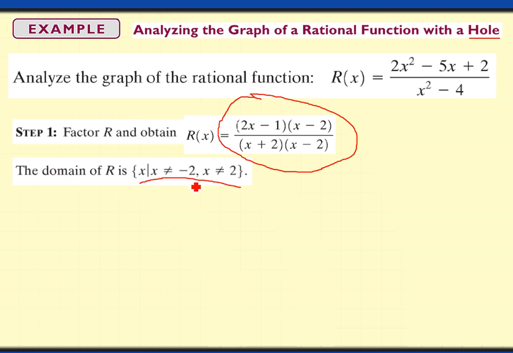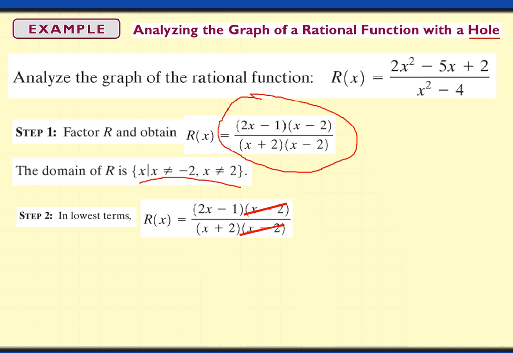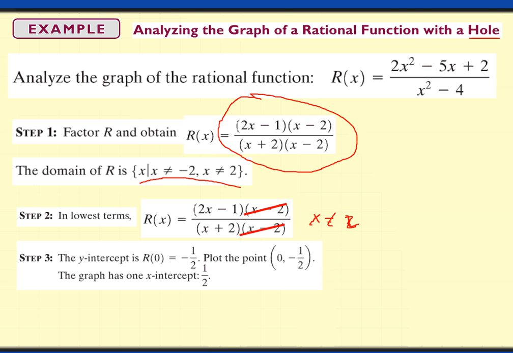And of course, the next thing we're going to do is reduce that. But remember, we can't lose track of the fact that x is not allowed to be positive 2. When we cancel that factor, we could lose track of that, so we need to put out there that x cannot be positive 2. Now this function looks like (2x - 1)/(x + 2) as long as we don't let x be positive 2. And when we look at the function in that form, it's easy to calculate the y-intercept and